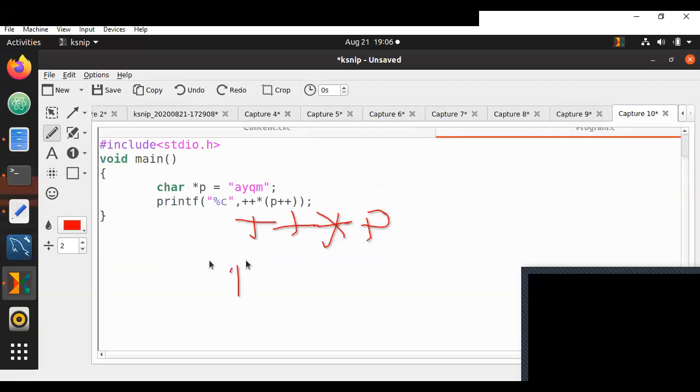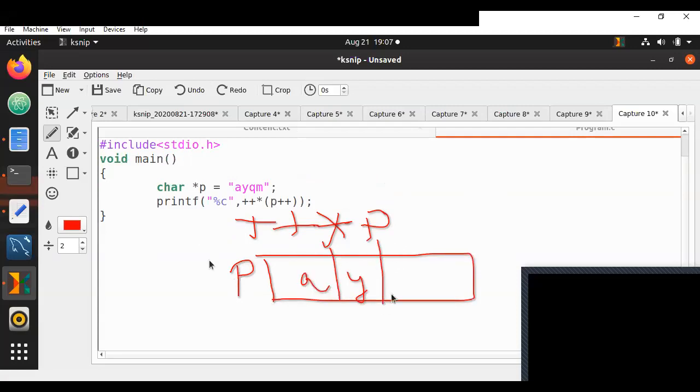So if you have an array called p here, which has a, y, q, and m, p points to the starting address of a. If this starts at address 100, this is 101, 102, 103. So it always points to starting address 100.